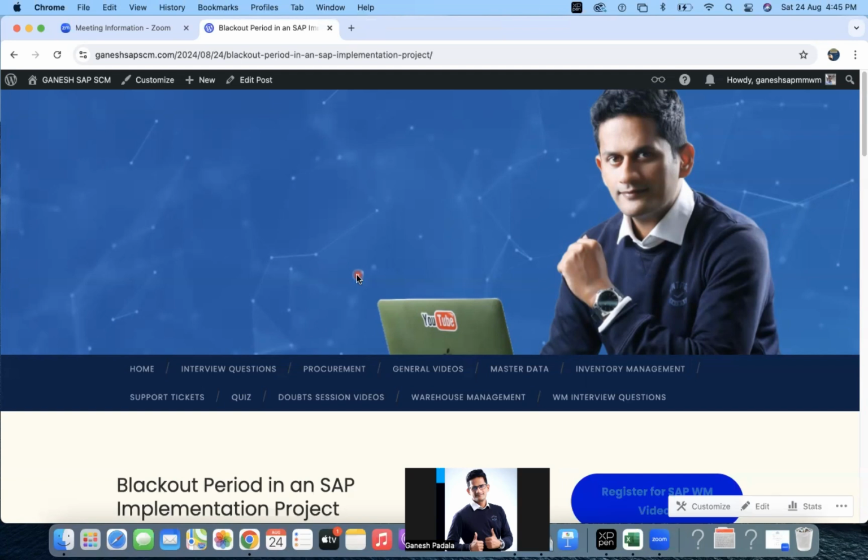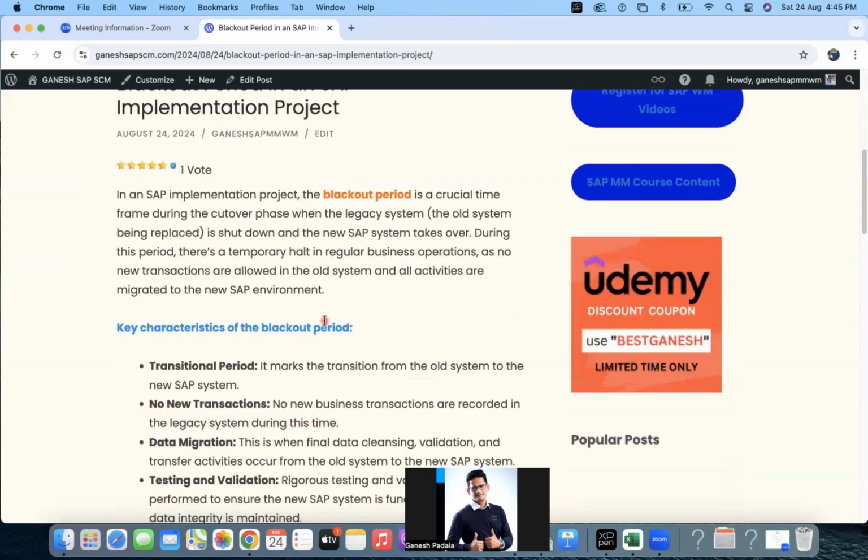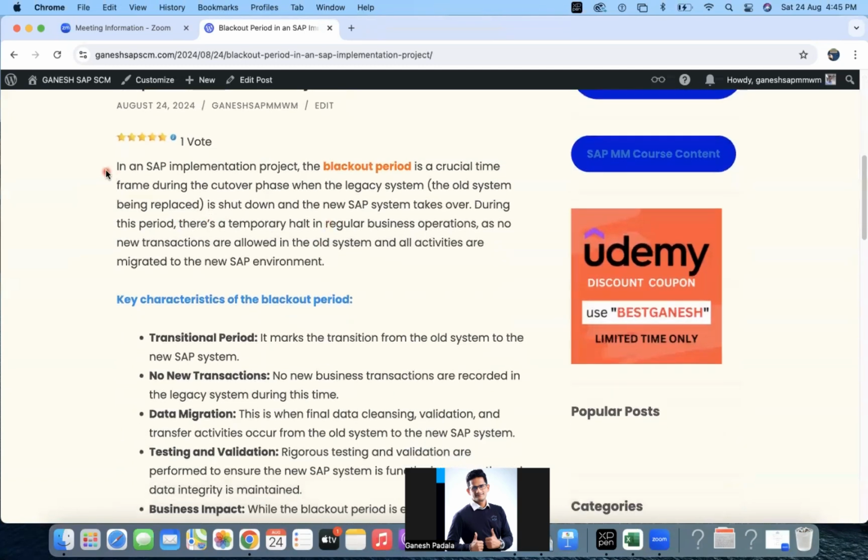So certain things also we have to make a plan. Let them do the business and monitor it, and then we have to add it into our system. These kinds of things happen. Here I mainly collected the theoretical data, to help us understand what this blackout period is. If you see here, in a SAP implementation project, the blackout period is a